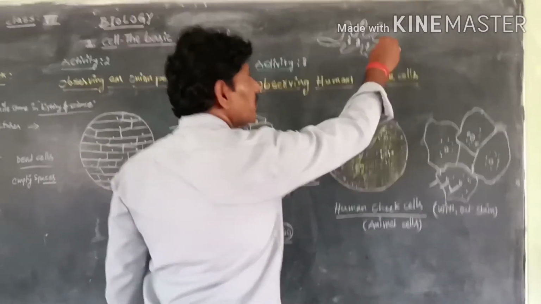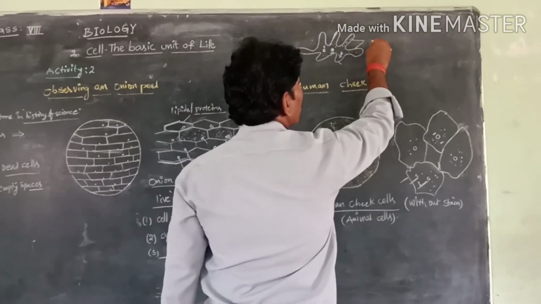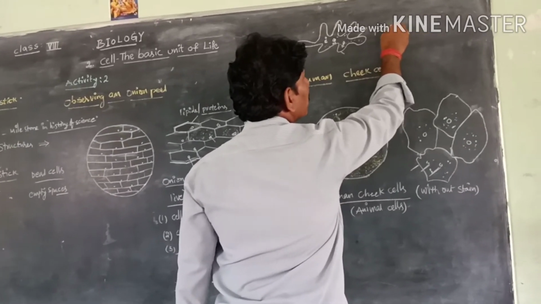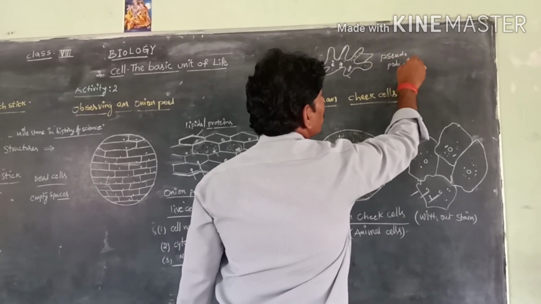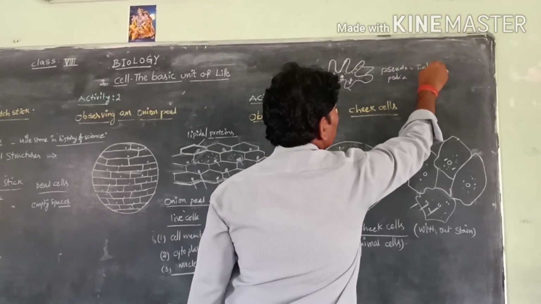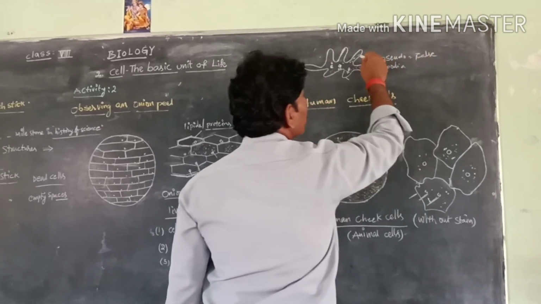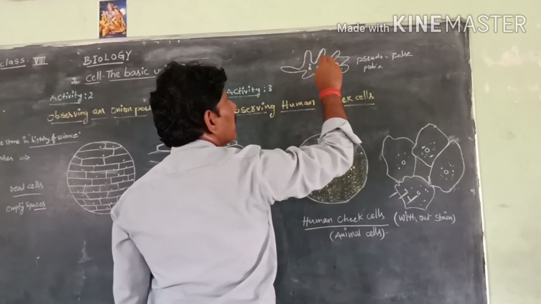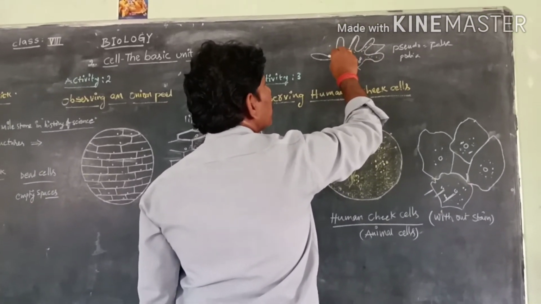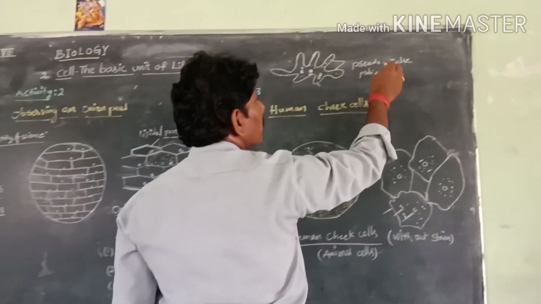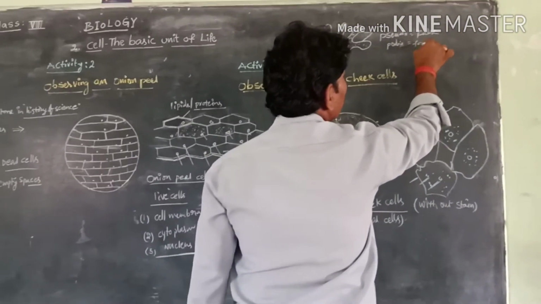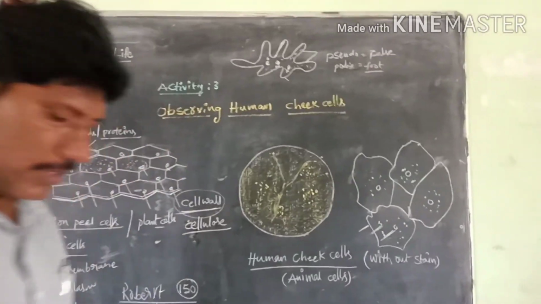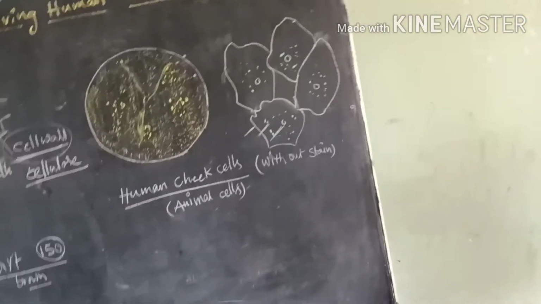So these finger-like projections are called pseudopodia. Pseudo means false, podia means legs. Pseudo means false. It is not a real foot. It is just like a false one. Why? Because based on the food particle availability, the amoeba can change the finger-like projections towards the food particle, and they capture the food. This is called pseudopodia, which is given in the textbook.